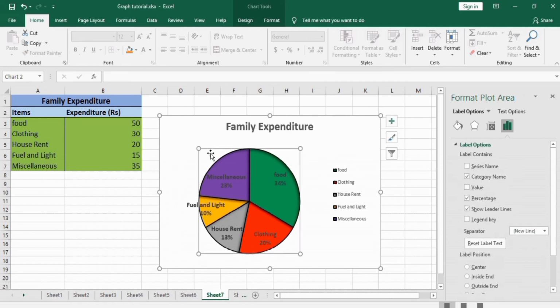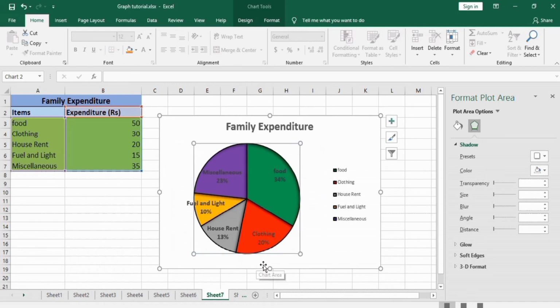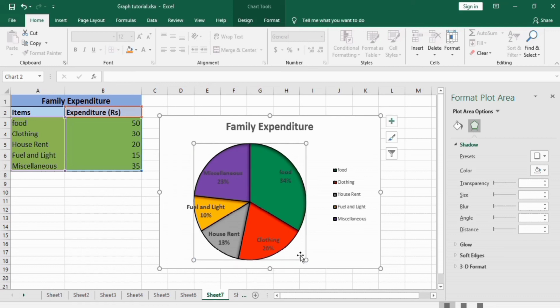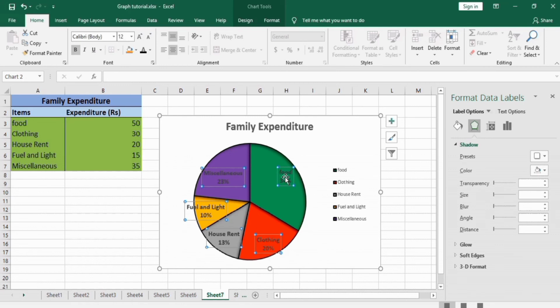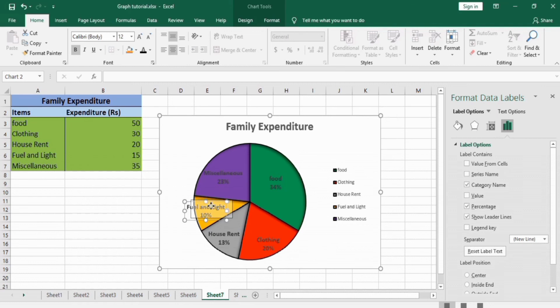If you select the chart area, you can also resize it. Select this one and move here.